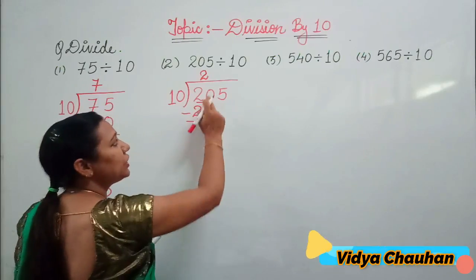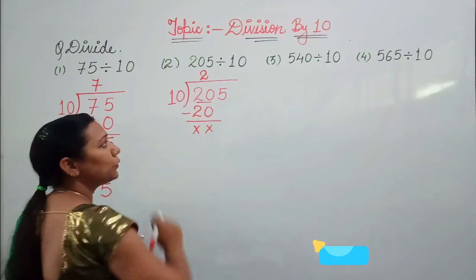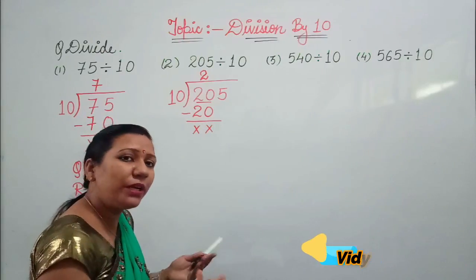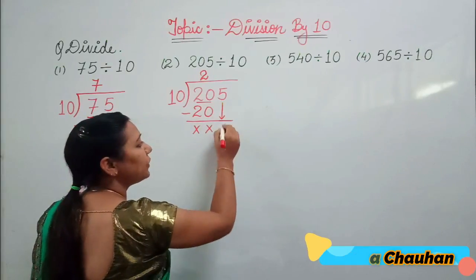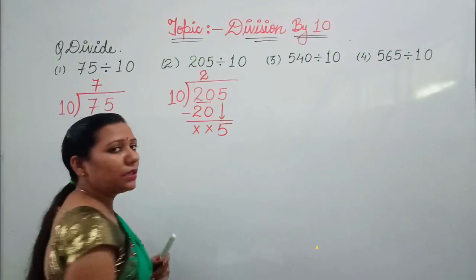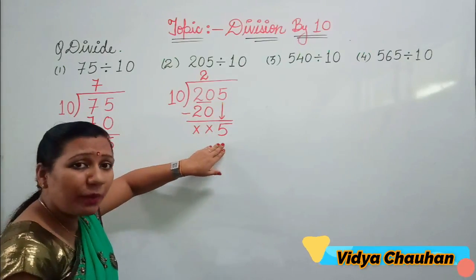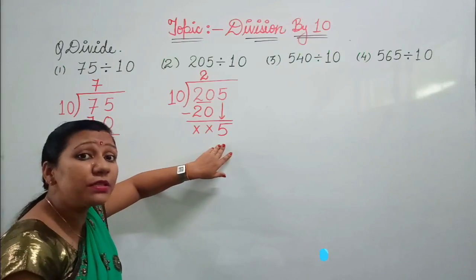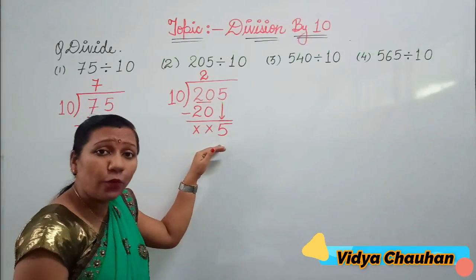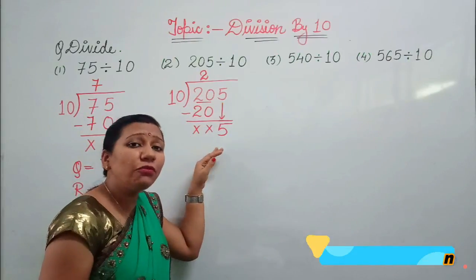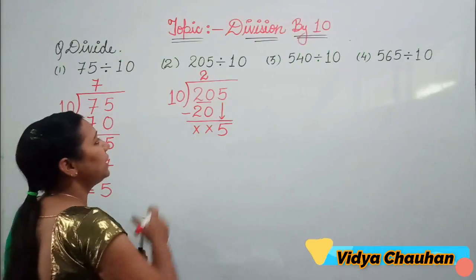It's time to do the subtraction. 0 minus 0, 0, 2 minus 2, 0. So basically 20 minus 20 becomes 0. But we have one more digit in our dividend left. So I will bring down this 5 here. Now since we have brought down this digit, this could not be considered as remainder right now. Because as I have already told you, whenever we bring down any digit, we must divide that term at least once. Right? Now, let's read the table of 10.